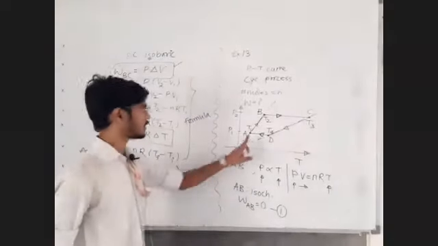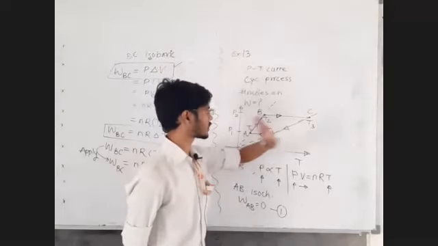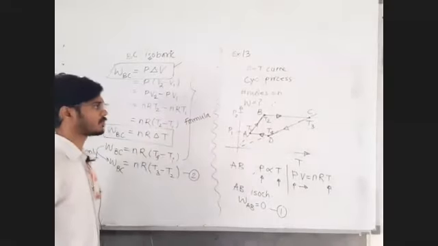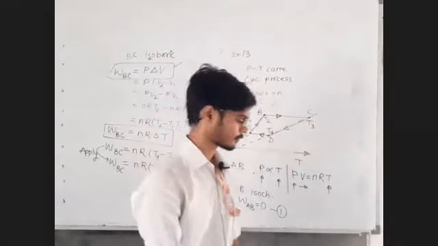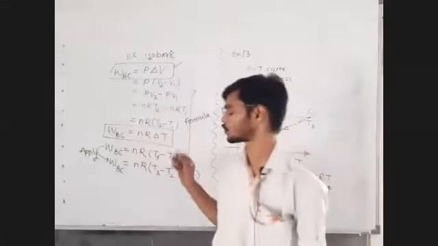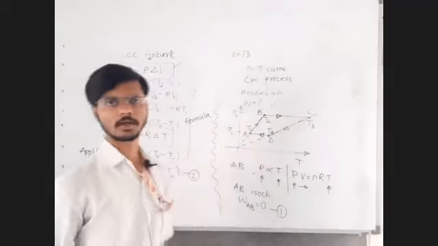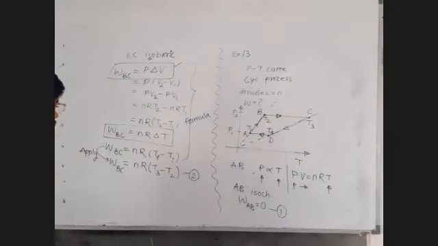First task is done. Second task is done. Work done of AB is done, work done of BC is done. Now we will find out work done of CD and work done of DA. That won't be a big task if you have understood this. Let me know in the chat box, clear and written, so that I can rub the things.